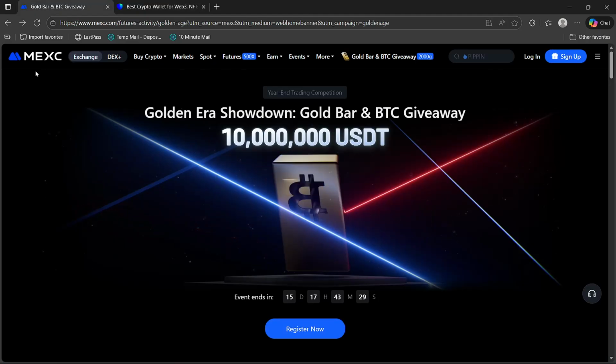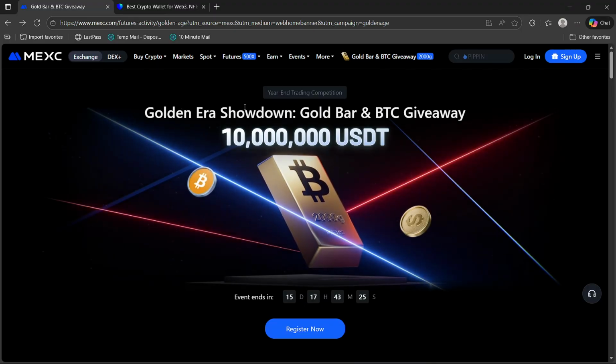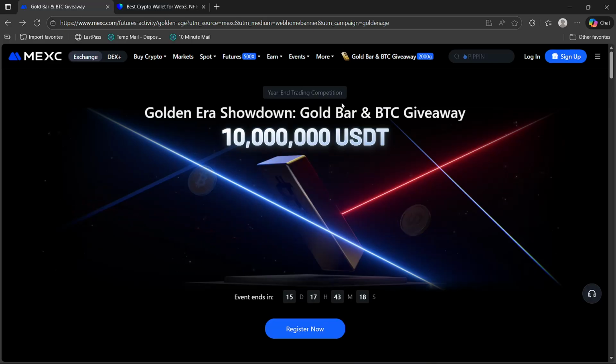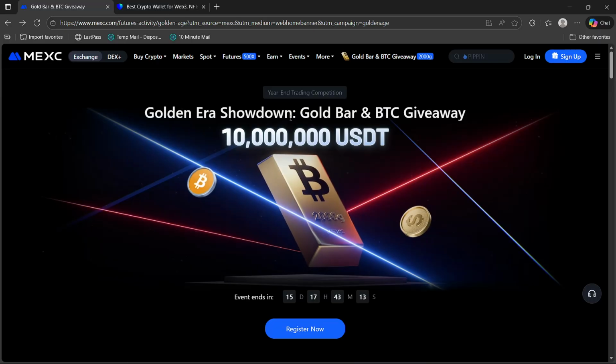Then you will have to log into your MEXC, and once you're here, you will look for the wallet section. So it should be right here. It really depends on the layout of your screen or the version that you have. And what you will do once you see the wallet section is you will select withdraw and then click USDT,